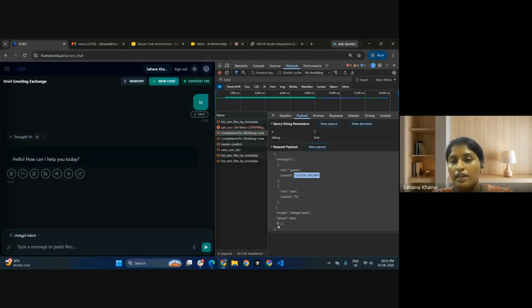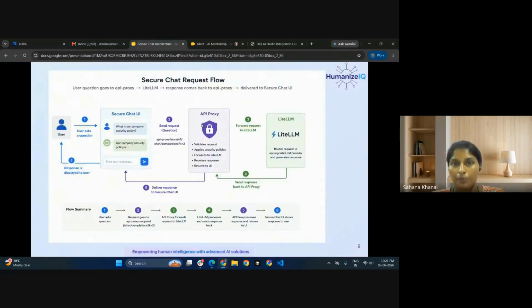And we have k parameters. K equal to 1 and k equal to 2. There are different API endpoints which we have in our API proxy, which I'm going to explain next Monday. The whole session is there for API proxy, I'm going to explain it there. But just understand, k equal to 2 is the complex endpoint. Whenever a request goes to this chat completion with k equal to 2, first it is going to perform RAG search.